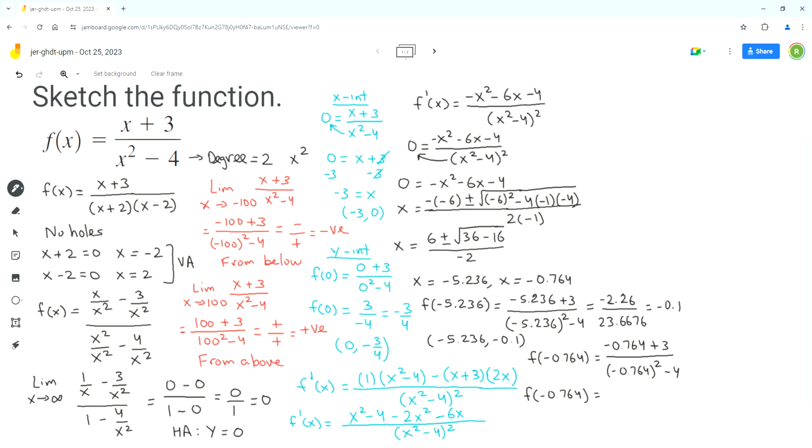So in the numerator, I got 2.236 over, and I got negative 3.4163, which is equal to negative 0.65. So the second critical point is